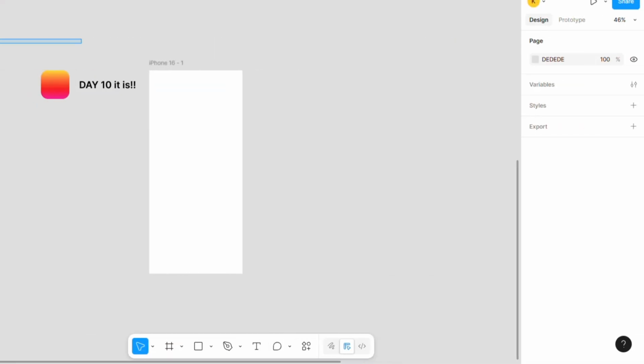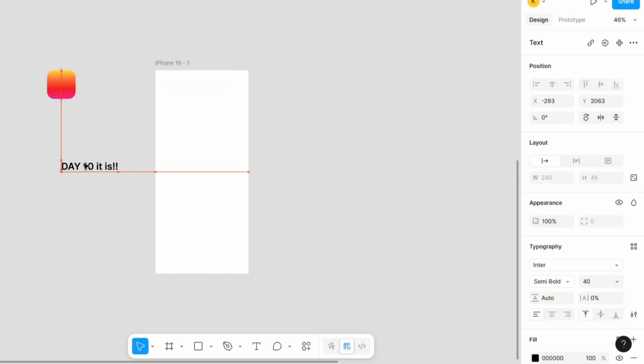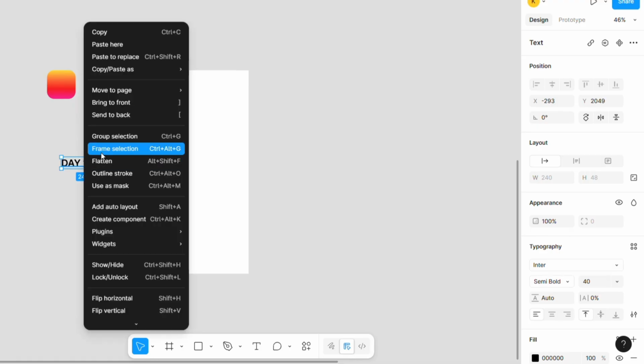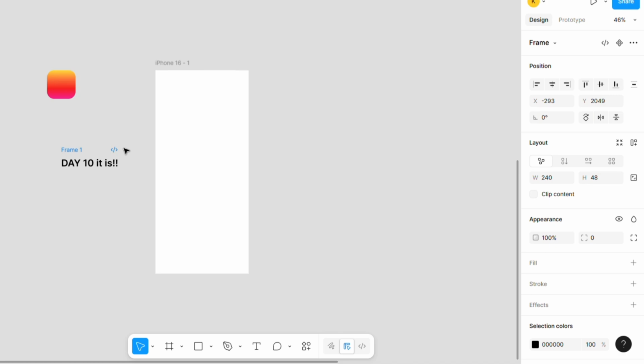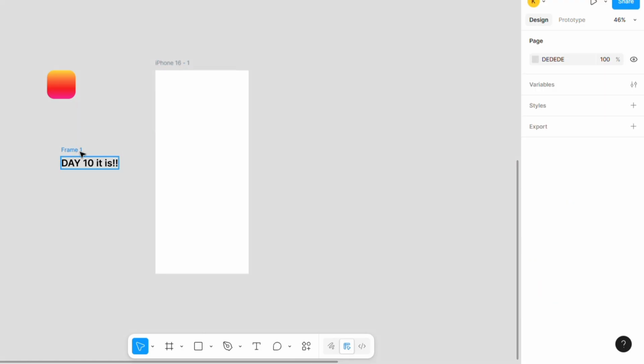Okay, so to start, first you need to take your text and put it under a frame. So to do that, right click and do frame selection. Now you have to select the frame and clip content. Okay, so secondly